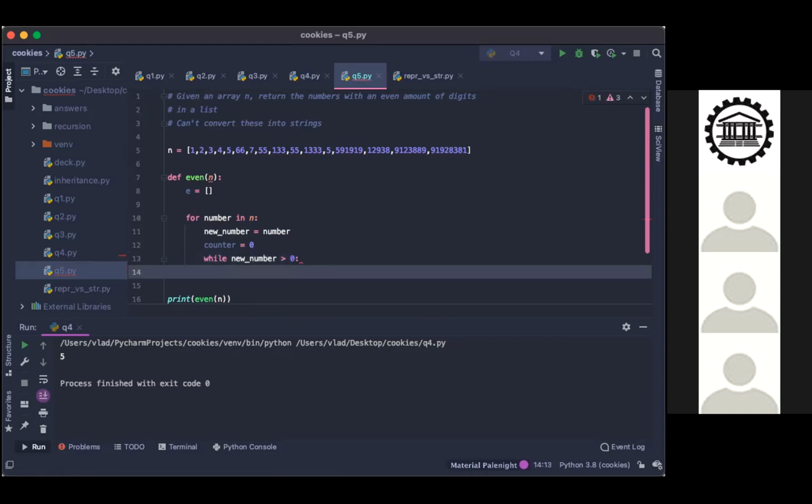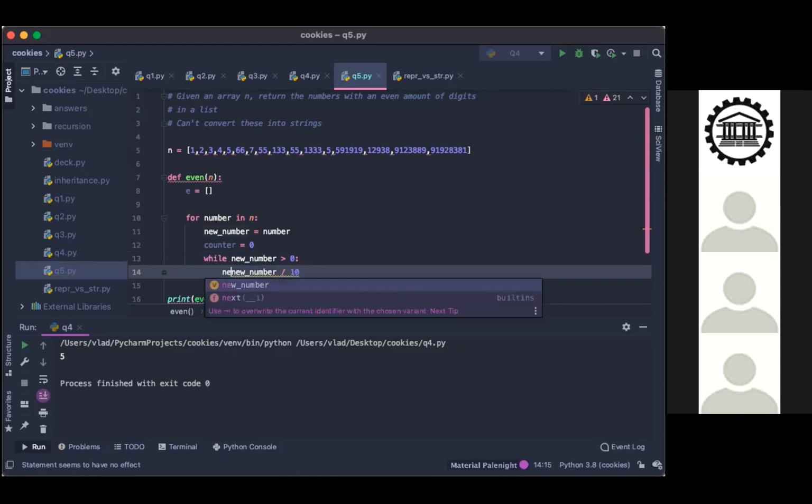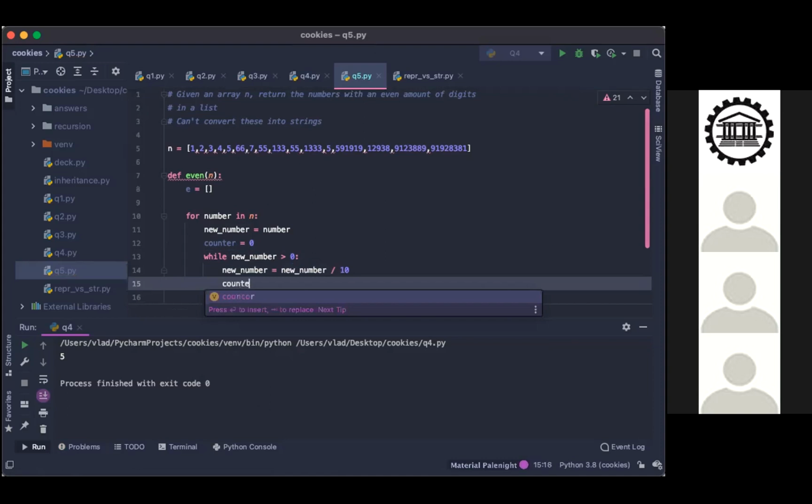Okay. New number equals new number divided by 10. And then counter, next line, counter increment. Like that. Yes.